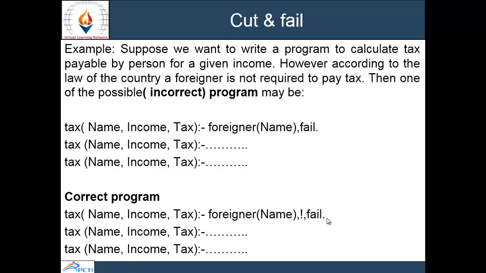Hence, if foreigner name succeeds, the program execution stops. However, if foreigner name fails, then processing by the Prolog system continues from the second rule onwards according to the normal rule of Prolog execution.